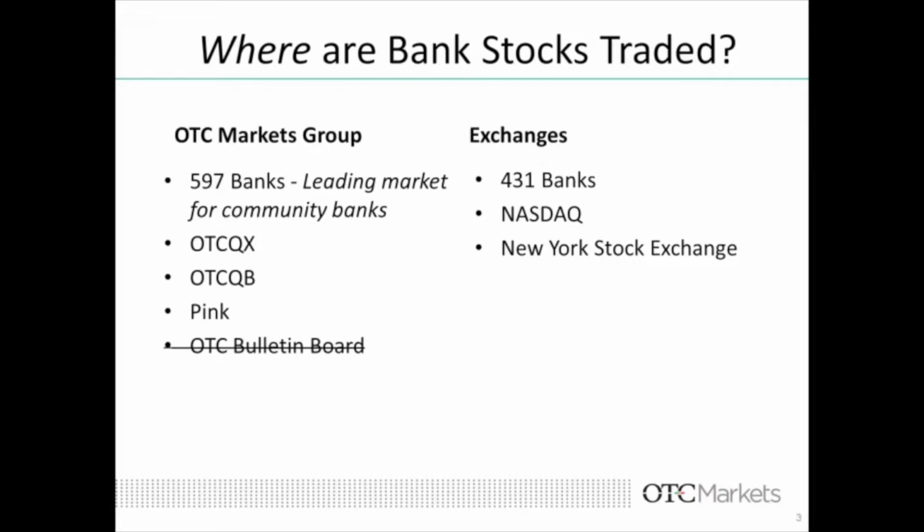of technology updates. The banks that were formerly quoted on the BB are now all traded and quoted on the OTC Markets Group. There are several important differences and advantages to each of these markets, which we'll go into some more detail later, but I wanted to begin with some of their commonalities. Banks listed on either the OTC or the exchanges all receive the benefits of being publicly traded, whether it's the ability to easily raise capital, provide liquidity to your shareholders, and also to appear more favorable in merger or acquisition